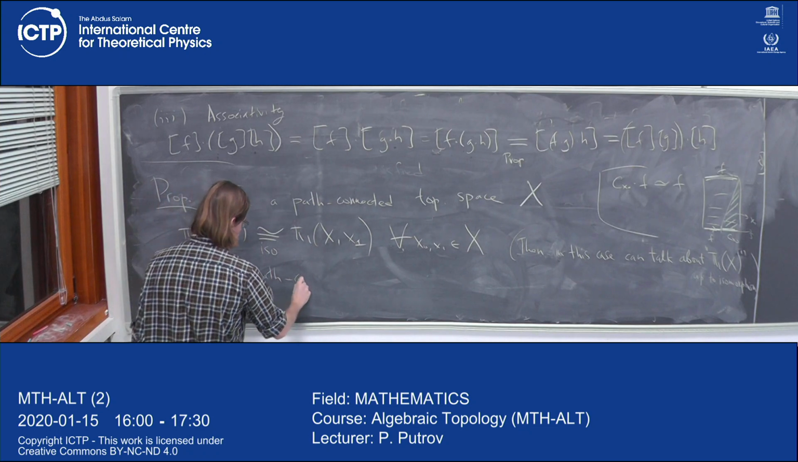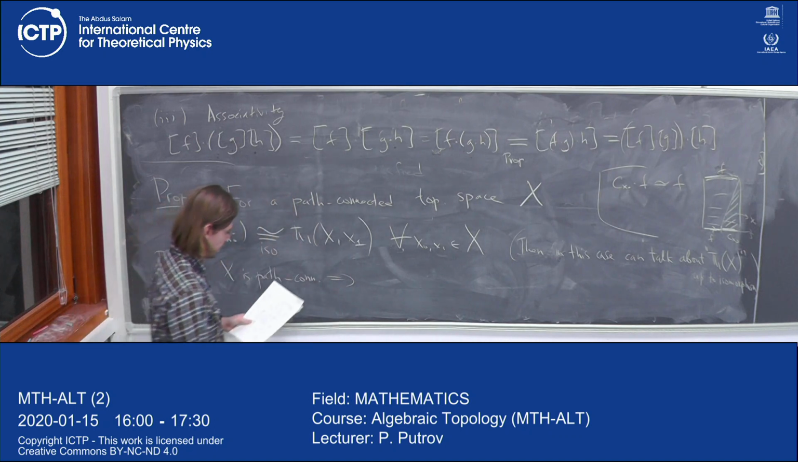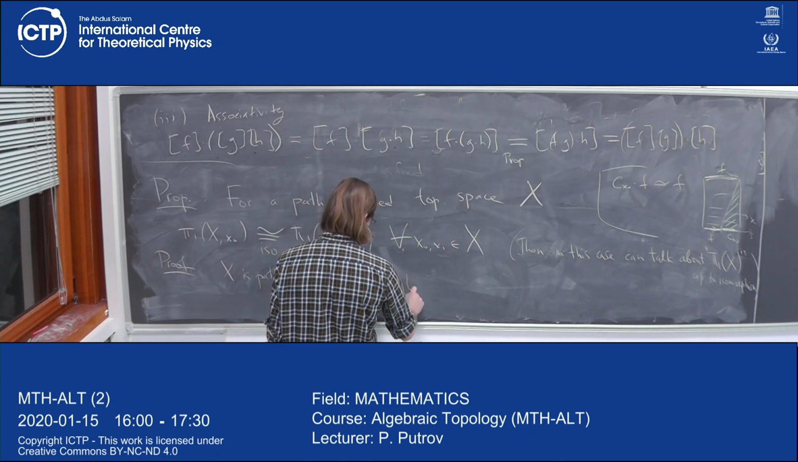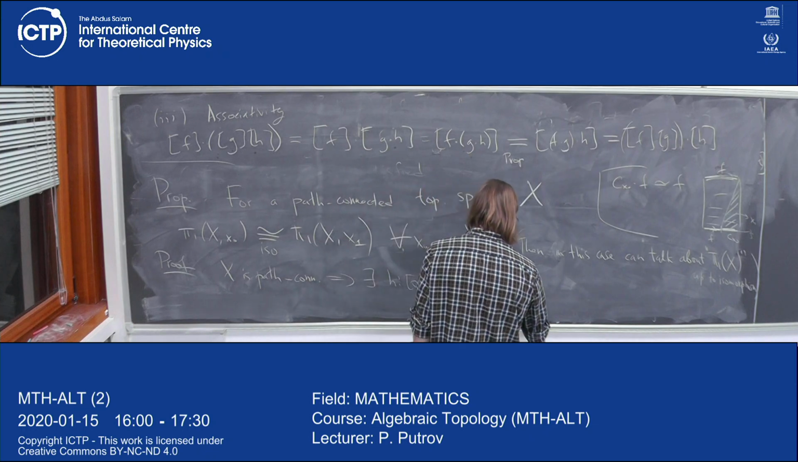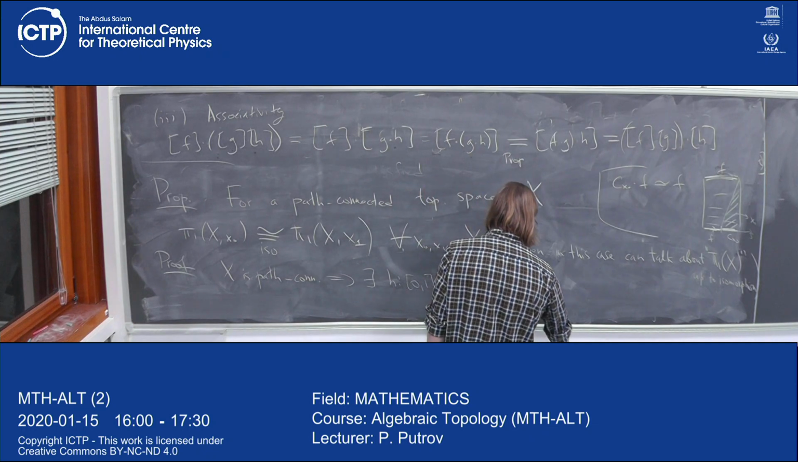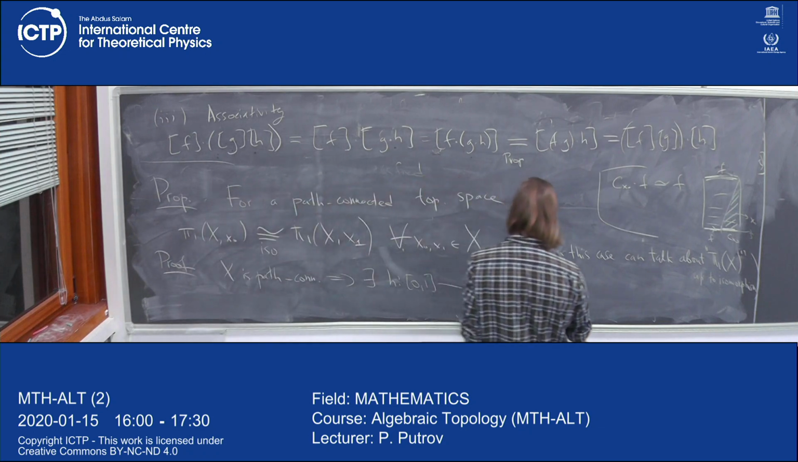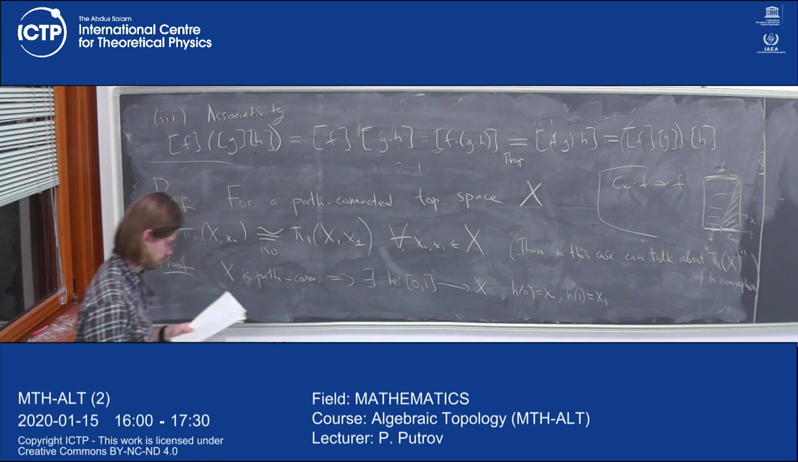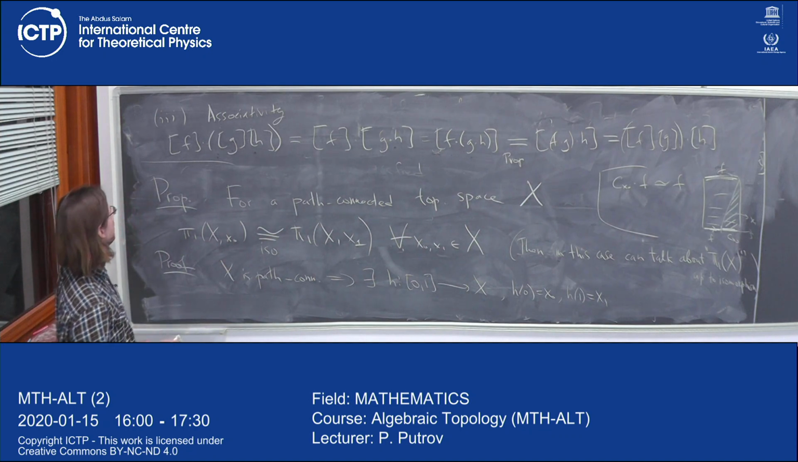So X is path connected, and it follows by definition that for any pair x0 and x1, there exists a path which starts at x0 and ends at x1. And then let me